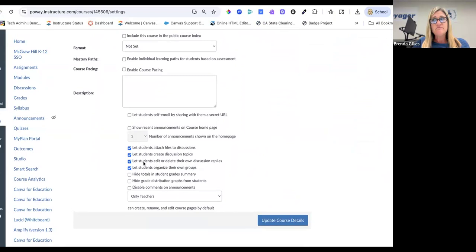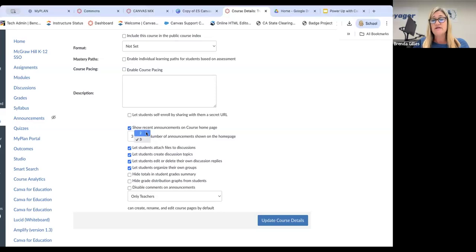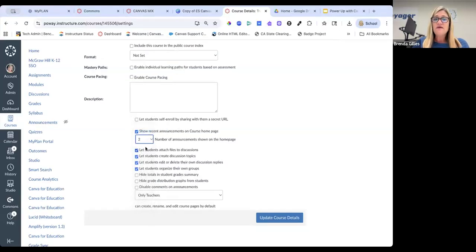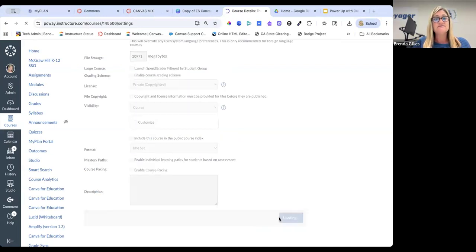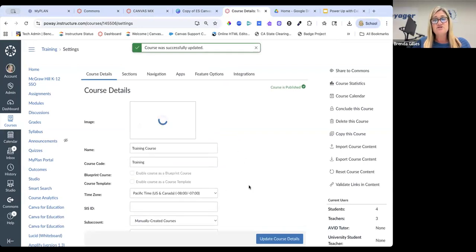select a couple of things towards the bottom of this settings page. If you want to use announcements within Canvas, you can have those appear on the course homepage and select how many of those you'd like to show at one time. You can also control whether or not students have access to create their own discussion topics, edit or delete their own discussion replies, and or organize their own student groups. So those are some features that you might want to take a look at, and make sure that any changes you make on this page,